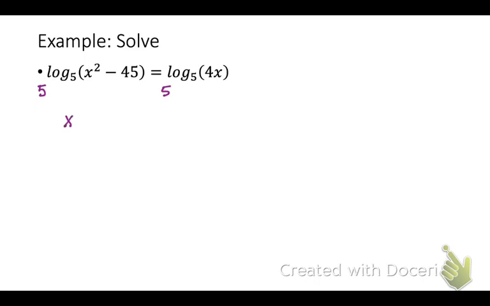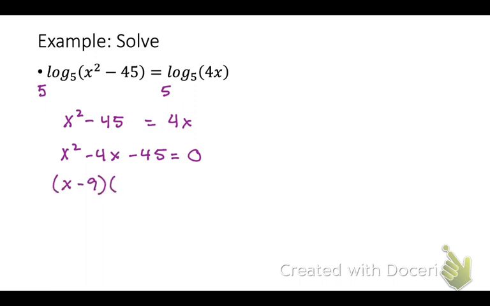So, what do I get? x squared minus 45 equals 4x. And then set it equal to 0 because I have a quadratic. So x squared minus 4x minus 45. And then I get to factor, your favorite thing to do. These are easy ones, right? So x equals